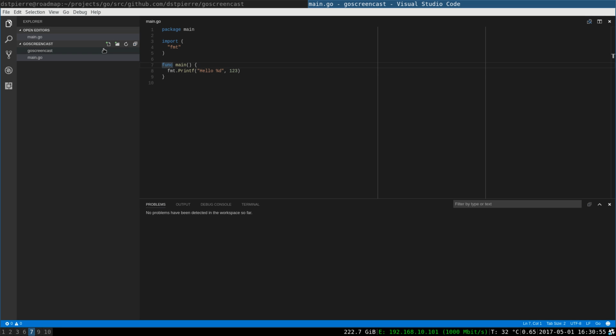So yeah, I find it extremely nice. So let's say that someone on your team were to put some comment in here instead. You run the Go format, and boom, everyone on the team should have almost the same code format.